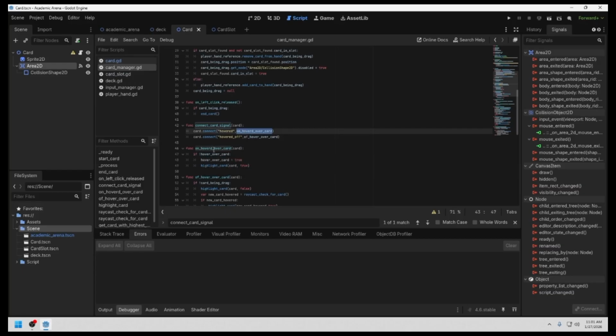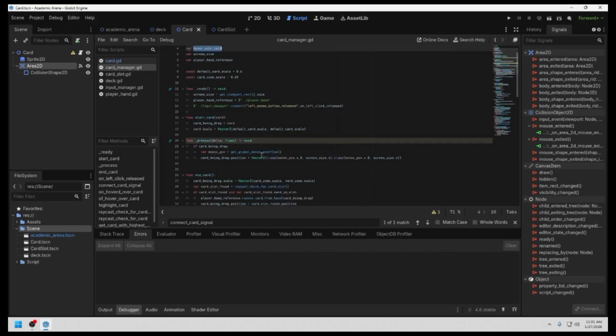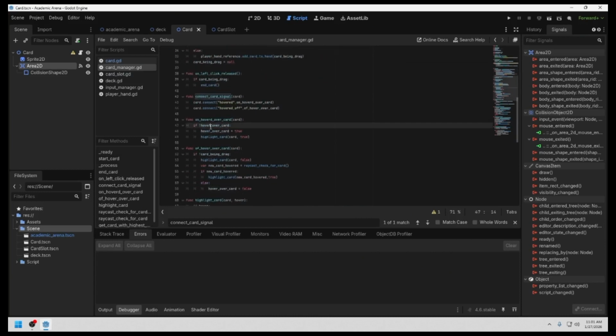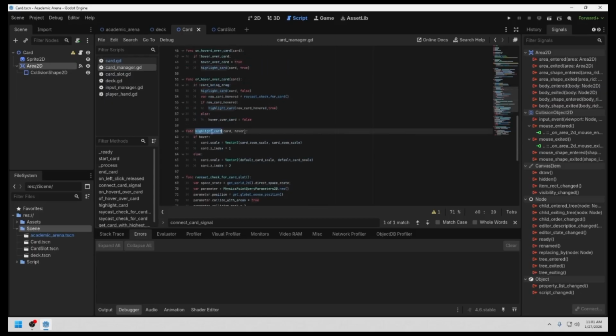Now in the on hovered over card function, we are checking if hover over card is true or false. Since hover over card is an empty variable, it will return false. But thanks to the not operator, it will return true, and executing these lines of code. Here, hover over card is assigned a true value, and calling the function highlight card, passing the card that we are on top of and passing it a true value. Here in the highlight card, we're checking